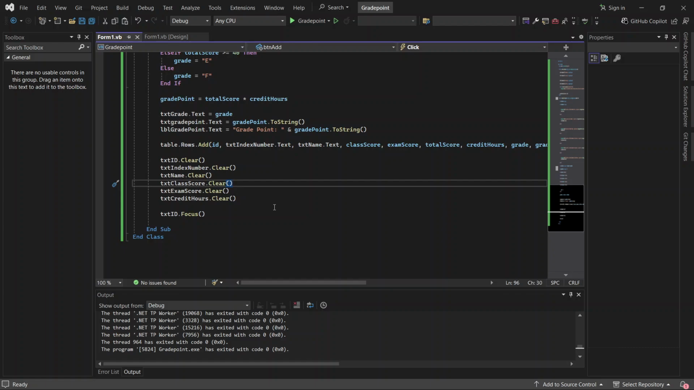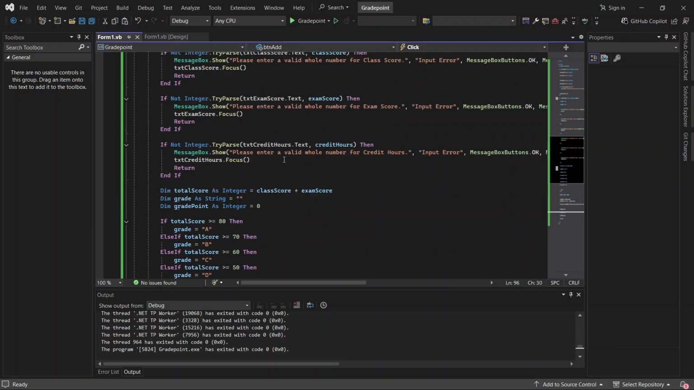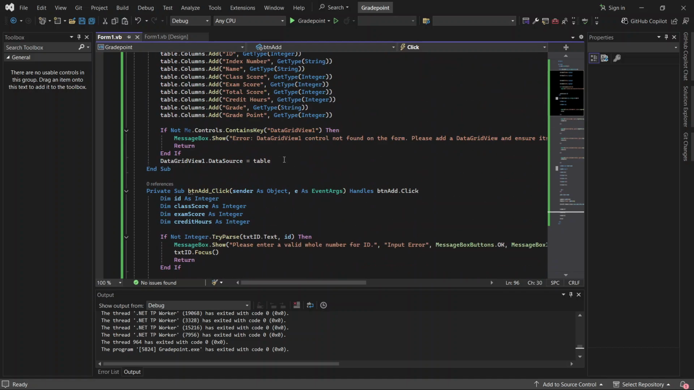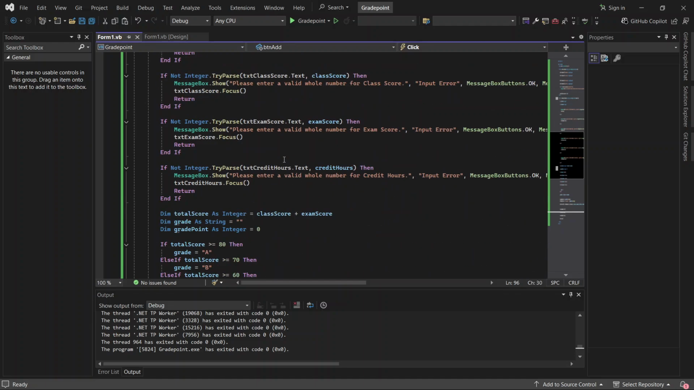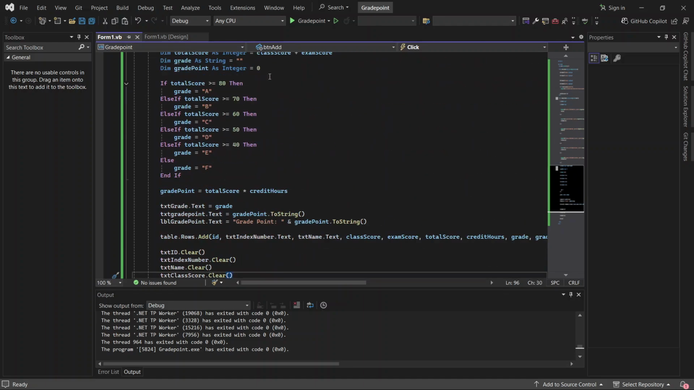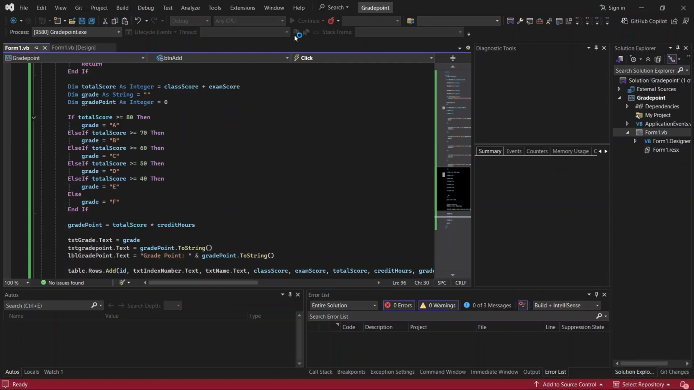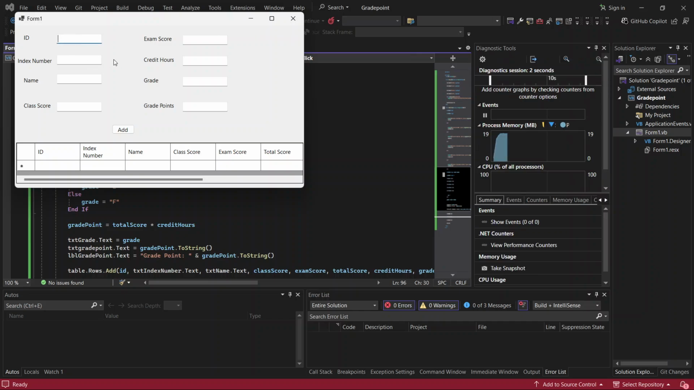It's a good system that includes validation, clear calculation logic for grade and grade points, and a dynamic display in our data preview, which will just record the student's data. So let's run and see how it works. Student ID should be a whole number. So let's say